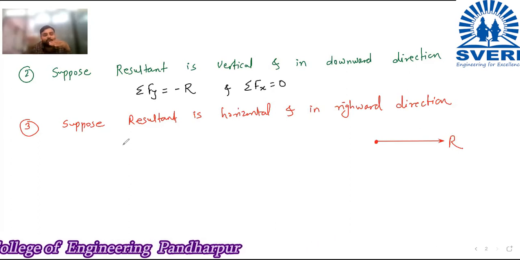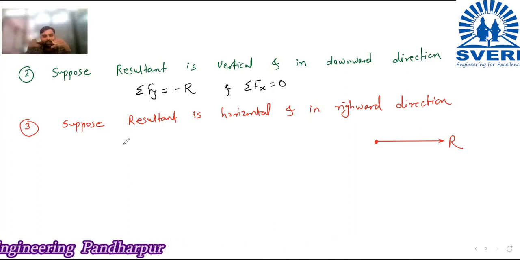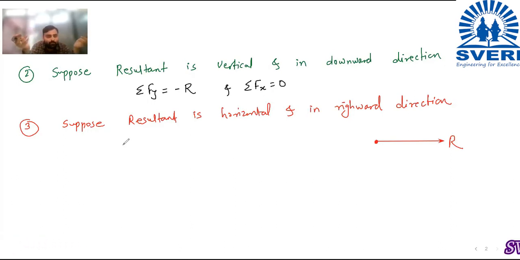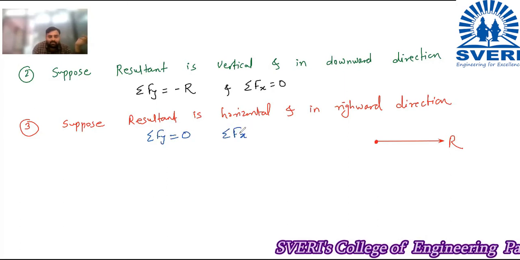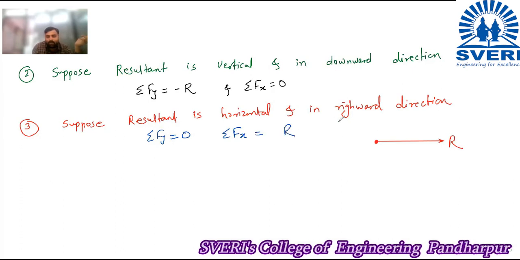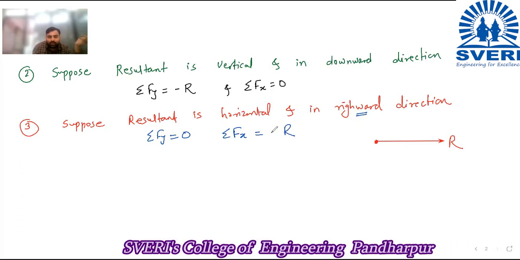Now resultant is horizontal. म्हणजे रिझल्टंट कसा आहे, एक्स ऍक्सिस वरती आहे, हॉरिझॉन्टल आहे. याचा अर्थ y ची व्हॅल्यू किती असायला पाहिजे, 0. Okay. So here you can say that your summation Fy is 0 and summation Fx is equal to what? It is equal to R and resultant is moving towards rightward, so it is plus R.